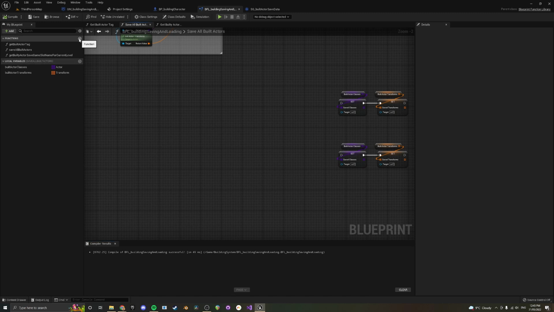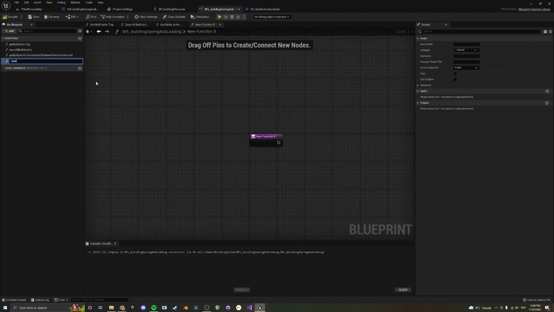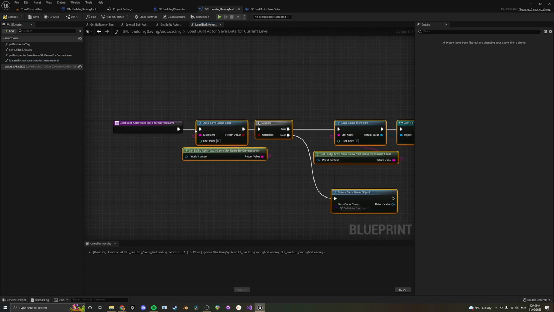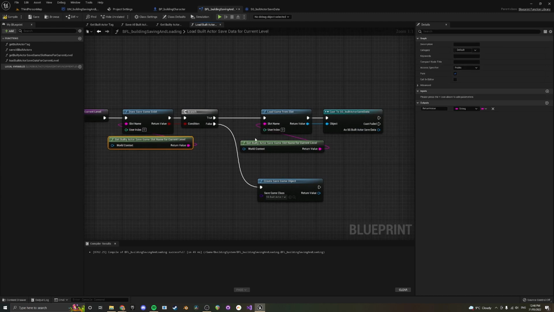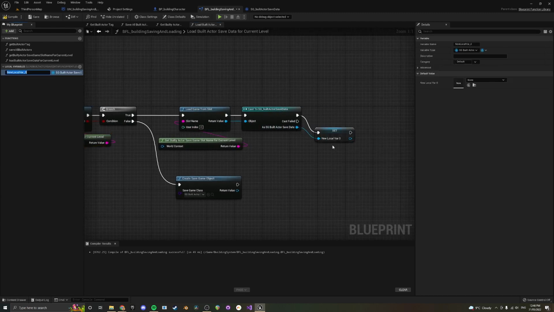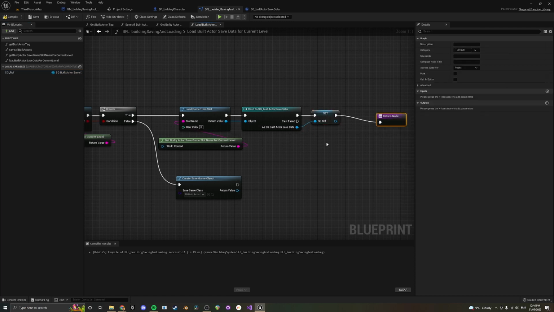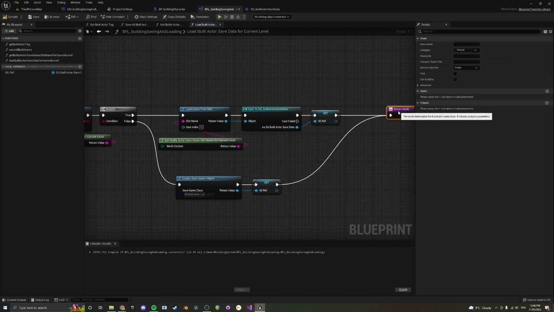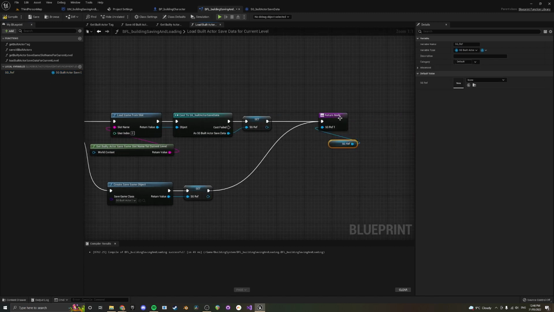What I might do is I might just cut all of this here, and I'm going to create a new function which is going to be called load built actor save data for current level. And so when we call this, we're going to use that function that we did before. What we can do here is promote this to a local variable, which is just going to be called SG_Reference, and then we can have the return node over here, and we can copy this down here as well and use the same thing here, and then feed that up into there, and then control drag to put that into there, and then we can rename this to SG_BuildingSaving